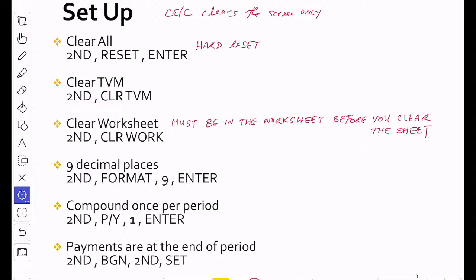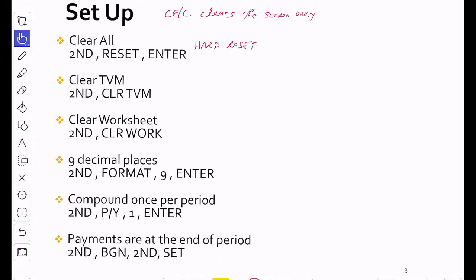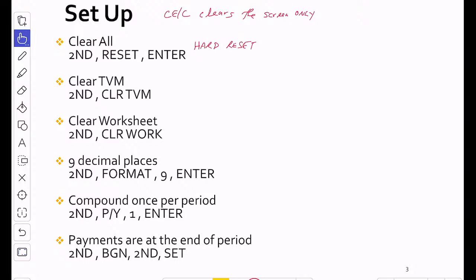So if you have a different calculator, familiarize yourself with all these features as well. I had a student who was doing very poorly. She was a good student, but because of one of these settings, I think it was this one. Because of these settings, she was getting all the wrong answers. All right, so to set this up here, compounding once per period,